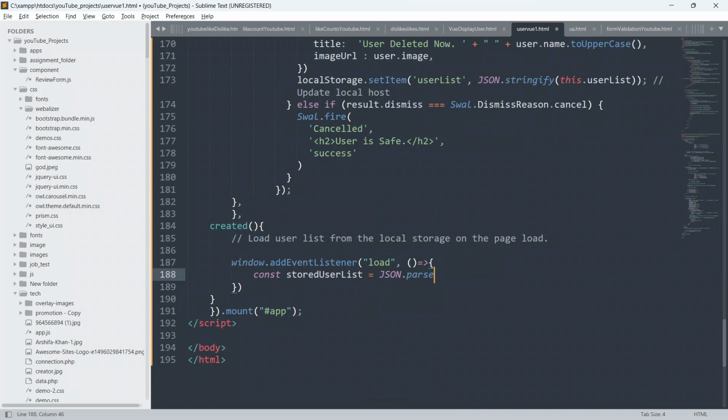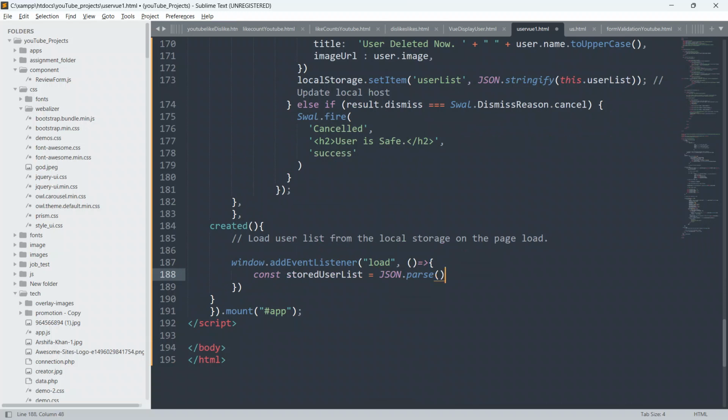Because we are getting something from the local storage. Guys, I already explained to you many times, whenever you are getting something from the local storage, we have to use JSON.parse, and whenever you are storing something into the local storage, we have to use JSON.stringify. Here I am grabbing something from the local storage, so I am using JSON.parse.